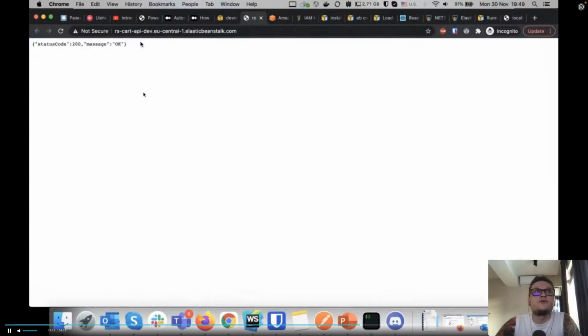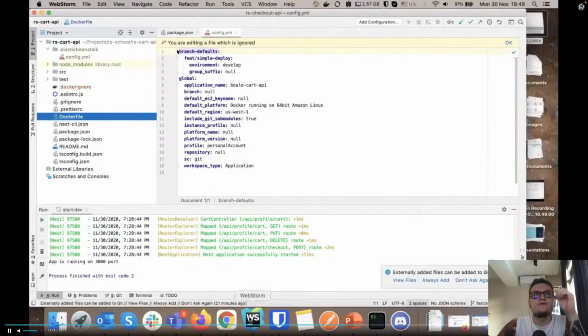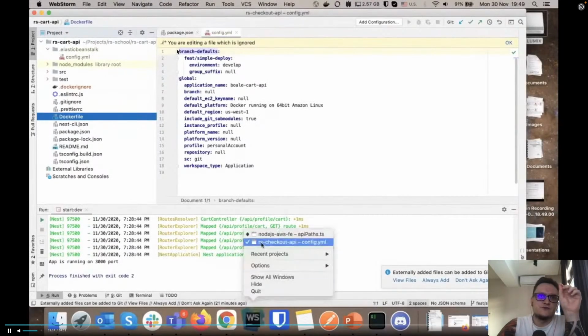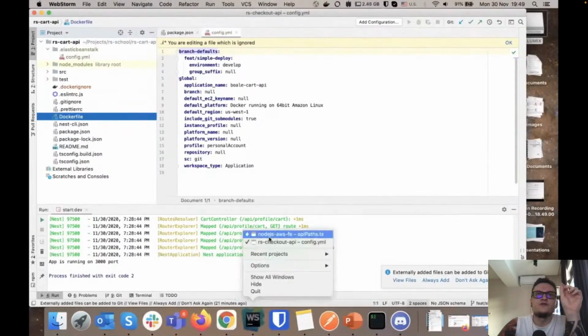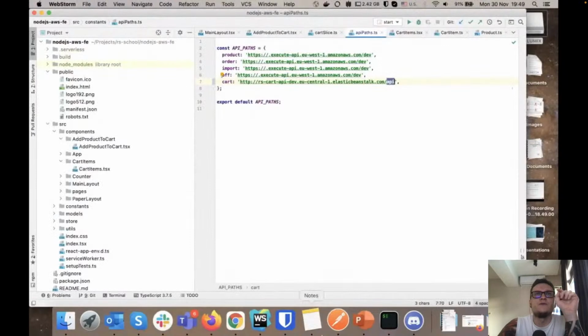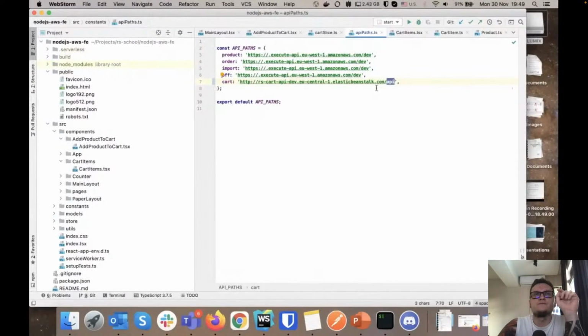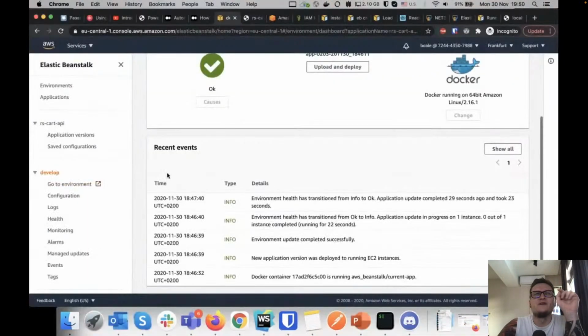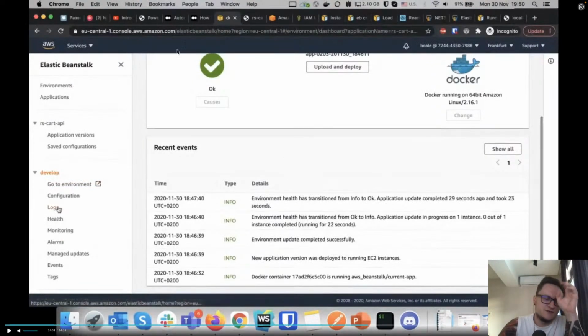So here, right now, "Go to environment" is actually the link to the web, the HTTP link, as you can see, not secure. And here we already have our application and it's running. You will have to add this link to your front end part. When you place this one, it will be HTTP.